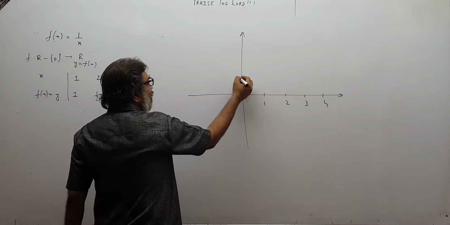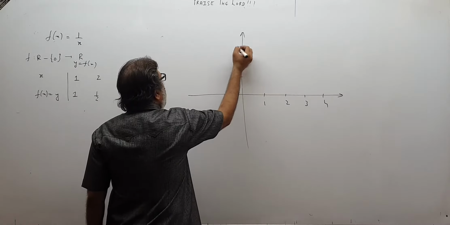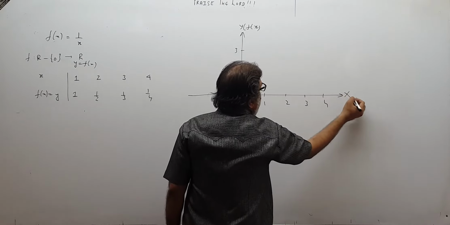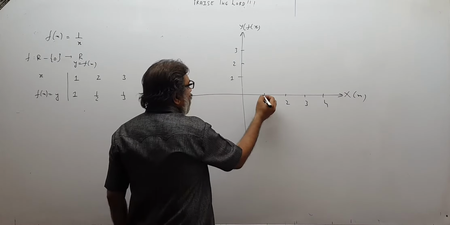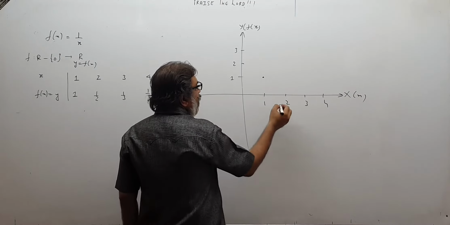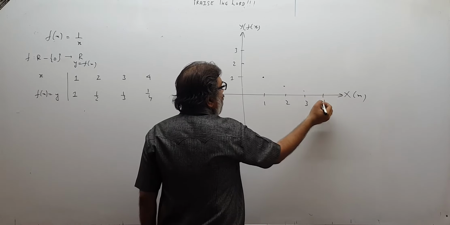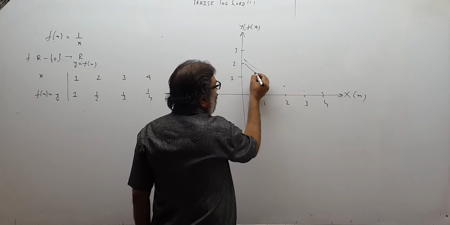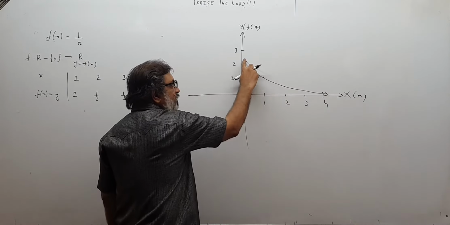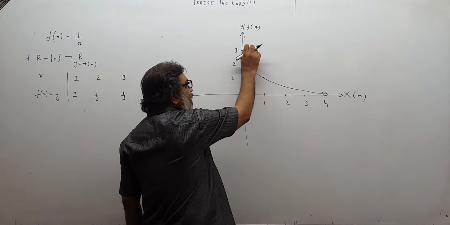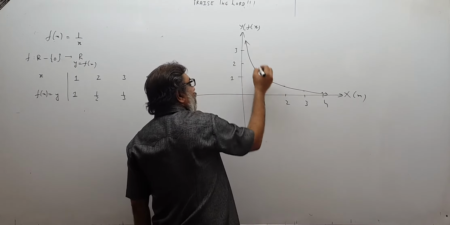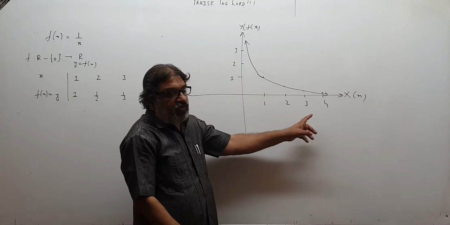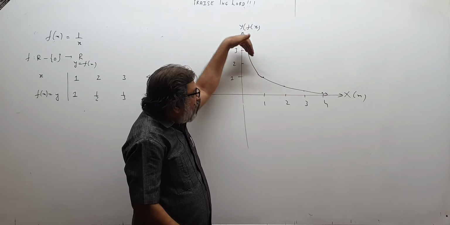Let us plot them. This is 1, this is 2, and this is 3, this is y, this will be f(x) here, and there will be the x-axis over here. So for 1 the answer is 1, for 2 it is half, for 3 it will be 1 by 3, for 4 it is 1 by 4. That means the graph will go like this. And you can see what is happening? It is coming down like this. For 0, 1 upon 0 is undefined. So the graph is coming like this. As I move like this, my graph comes down.